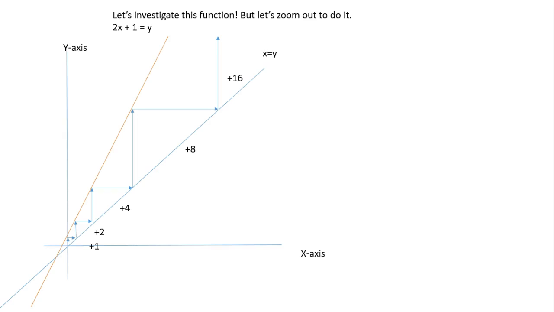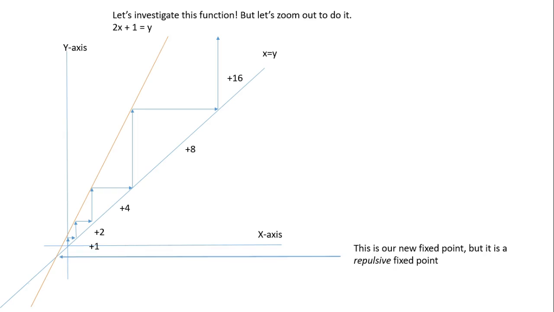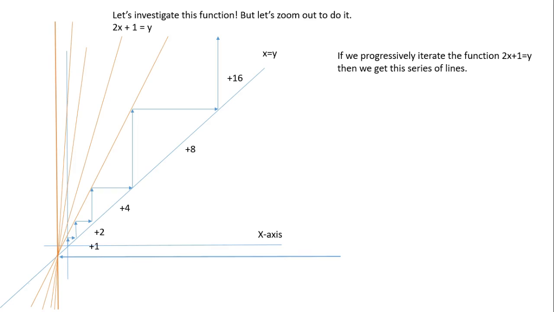Now, most people would say, well, this obviously doesn't converge to anything. Yet, there are summation methods where we can assign it a perfectly finite value. Furthermore, by the way, this is a repulsive fixed point here. I should point that out. And as we iterate this, we get a progressively steeper line until we have a perfectly vertical line.